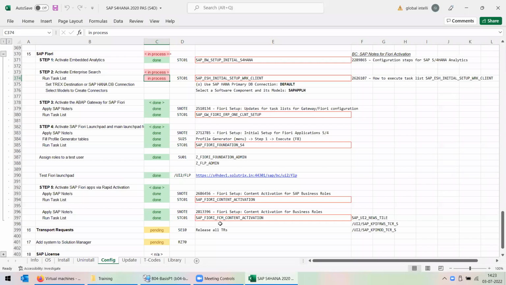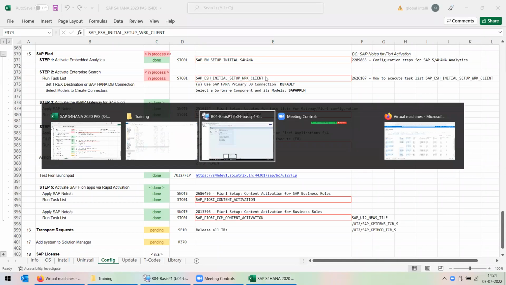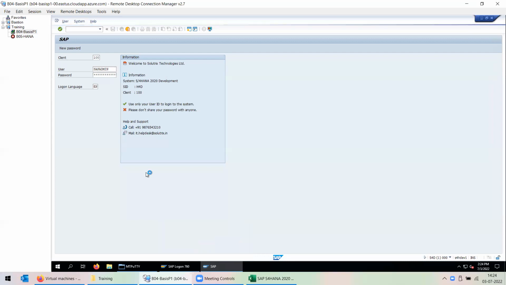Okay, so we completed this task list yesterday. We kept this task list, SAP ESH initial setup work client, running. It completed yesterday. The task list was completed and I stopped the system and shut it down. So now for your